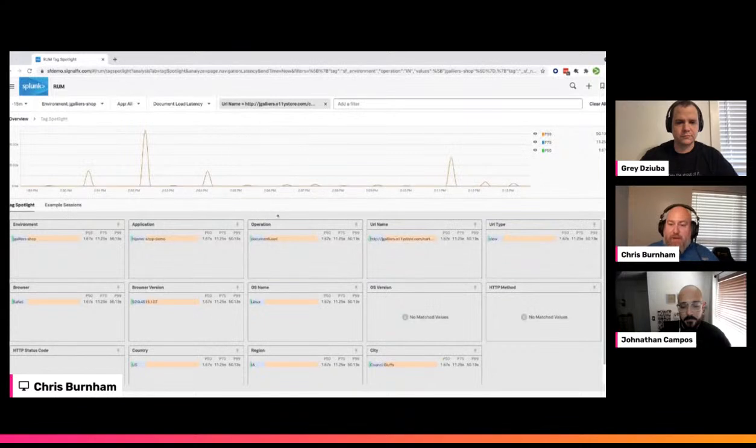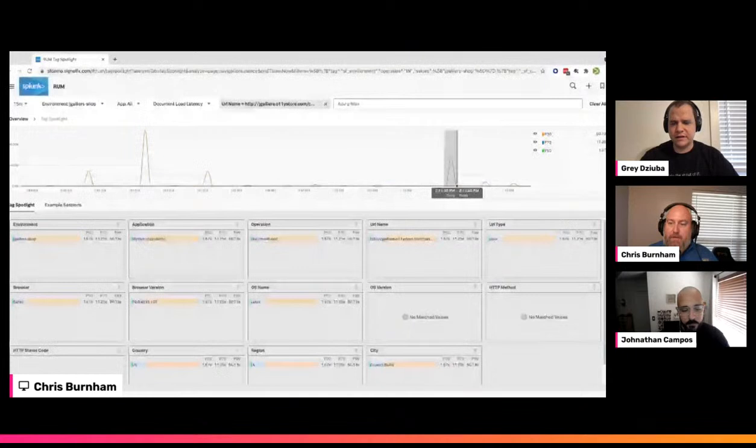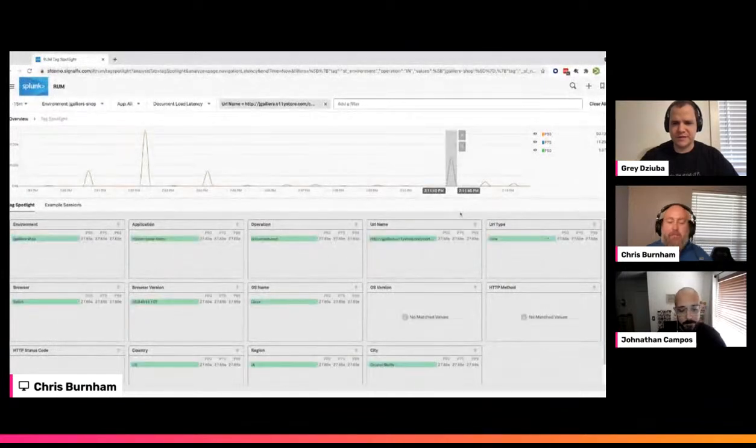Now, I'm looking at these page load times, and I've got some really spiky ones here. I've got this one that's pretty high. I've got this one that's pretty high. But let's drill into this one here. And when you say spiky, what are we representing here? Well, when I'm looking at load times, which is latency, right, I want to see very low times.